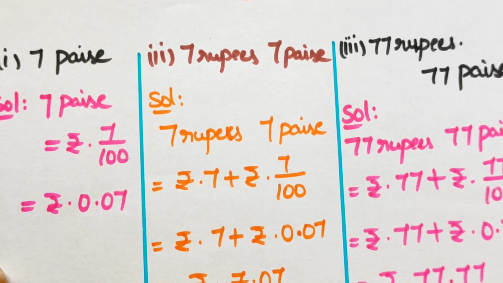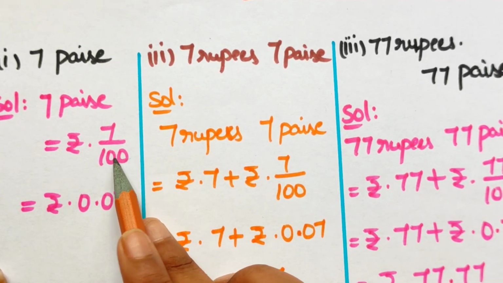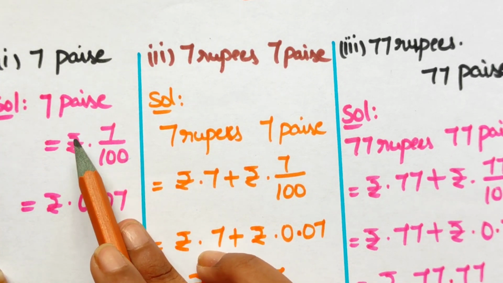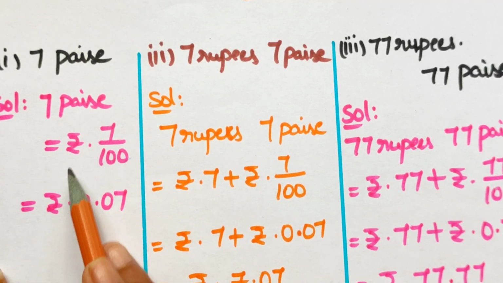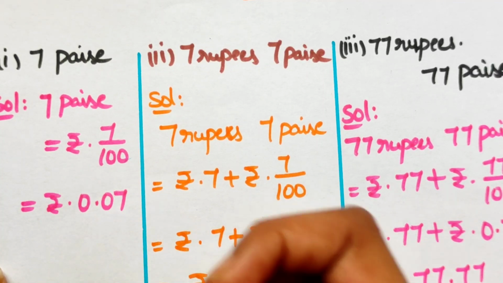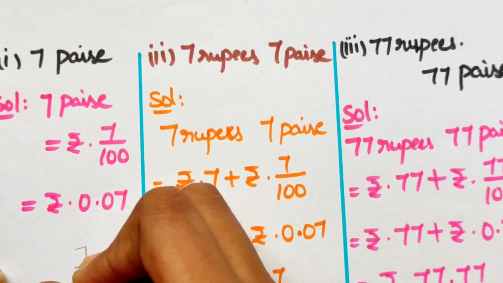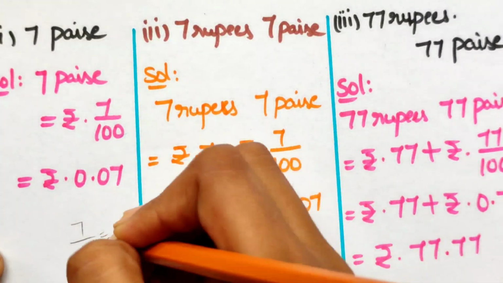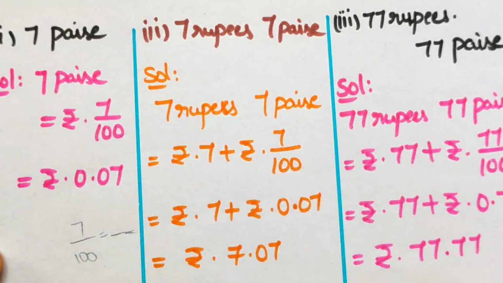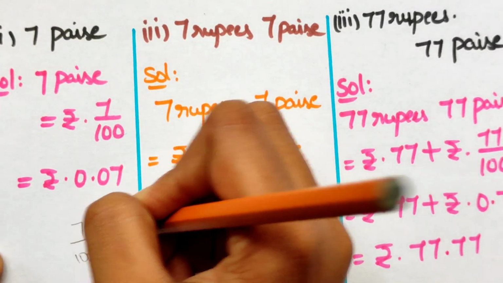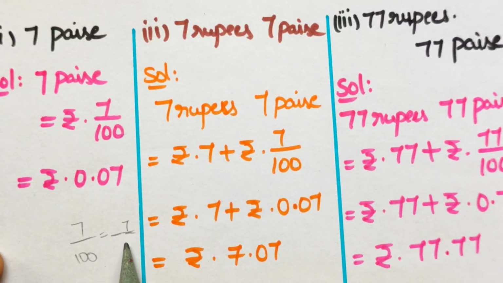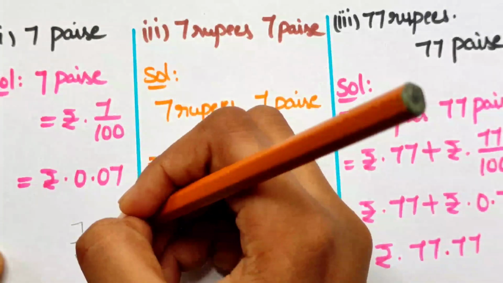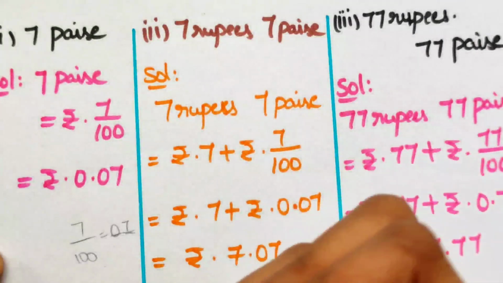It is very easy. There are 2 zeros here, so we should put the decimal before the 2 zeros. Clear? Now here it is rupees 0. See here, 7 by 100 is equal to, there are 2 blanks here, so let us maintain 2 blanks. Now let us write 7 in the blanks. What is to be written in the remaining place? Nothing is to be written there, so let us write 0.